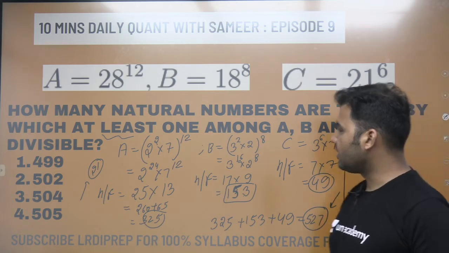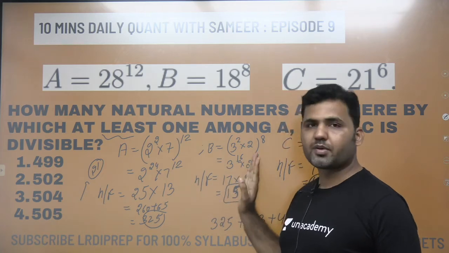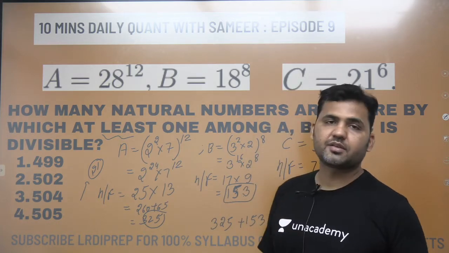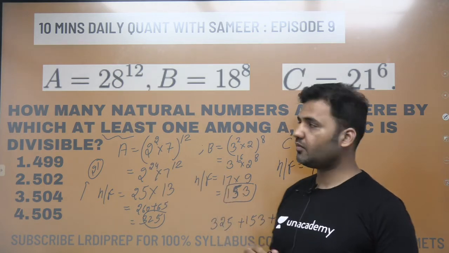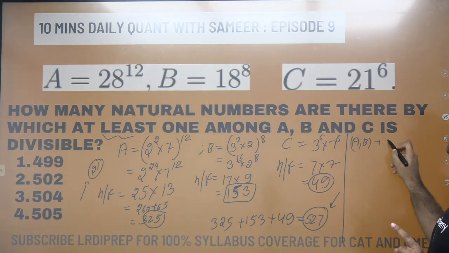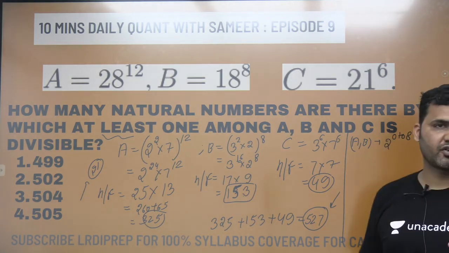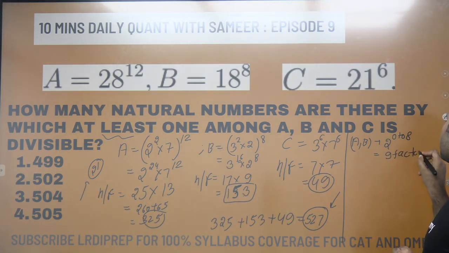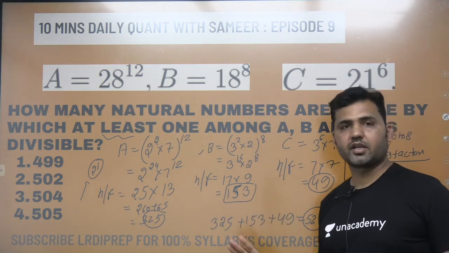Now look at the factorization form of A and the factorization form of B. You see that in these two, 3 and 7 are co-prime, there is nothing common from it. Only 2's power is common. 2 is 24 here and 2 power is 8. So the power of 2 till 8 is common in both of the numbers. So if you are making any factor of 2's with a power from 0 to 8, that factor will be the factor of the number A as well as the factor of the number B. So total, you see that I will have total 9 factors. These 9 factors, these 9 natural numbers have been counted over here as well as have been counted over here.